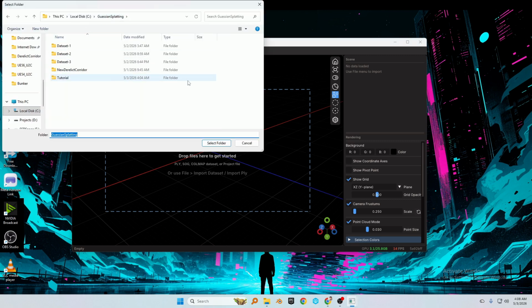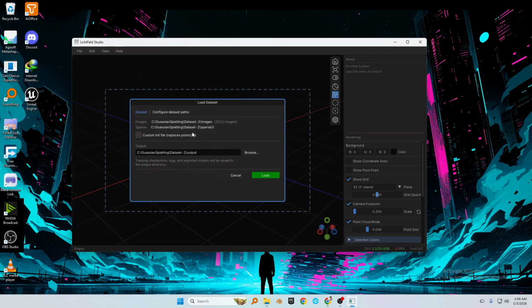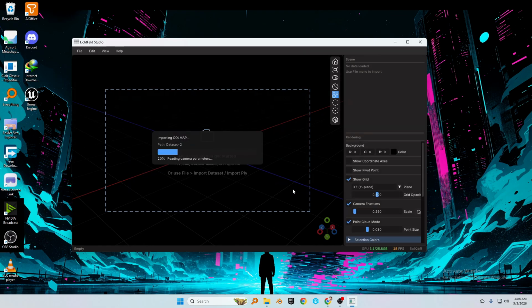you have to go in the directory you chose in Unreal. So in my case, let's say dataset 2. All right, this is not the bunker scene, another one, but just showing you how it works. So you have to select this folder, and as you can see, it auto detected the 2511 images. And once you click load,